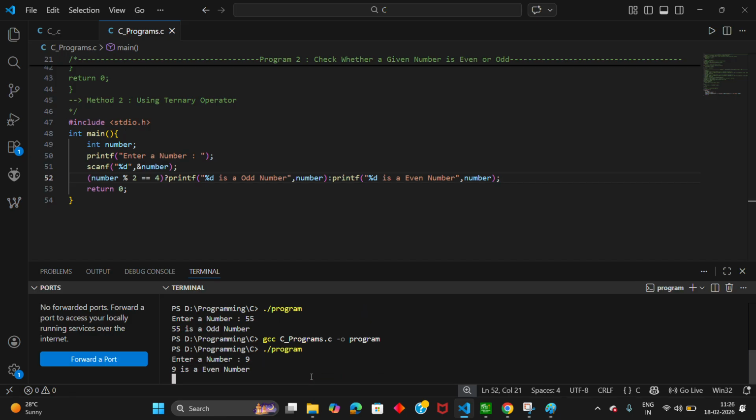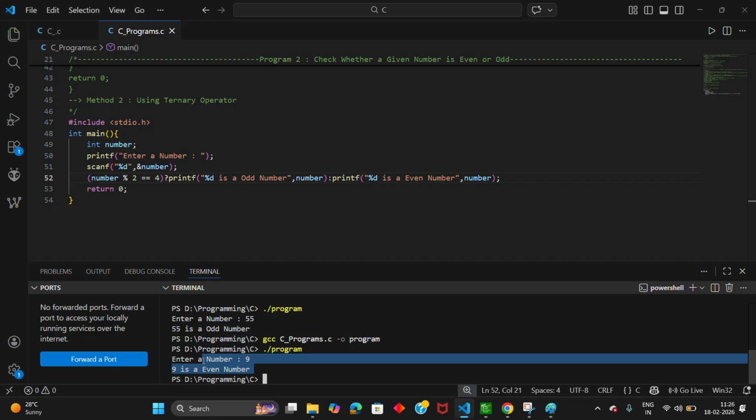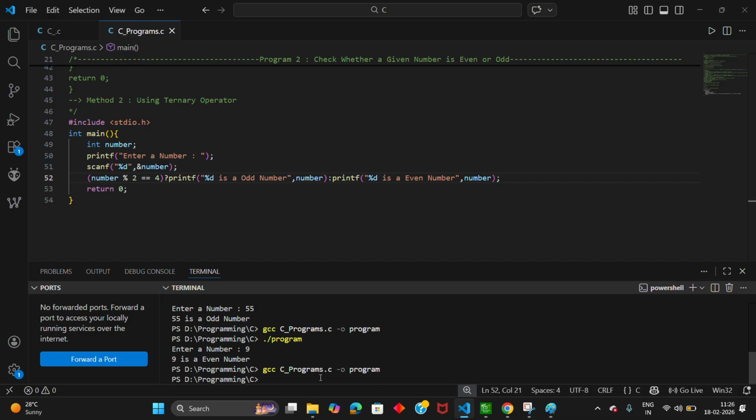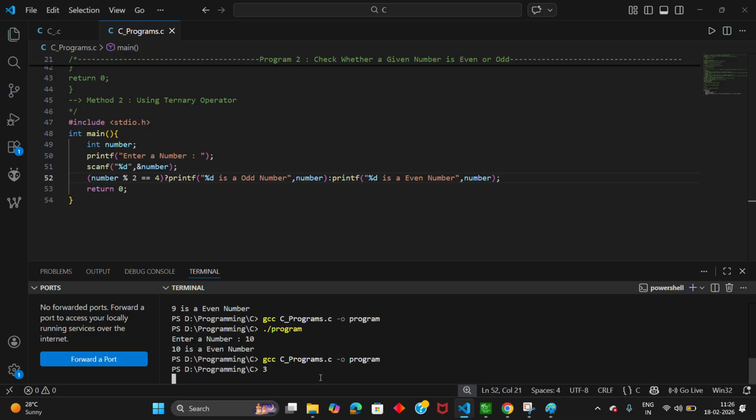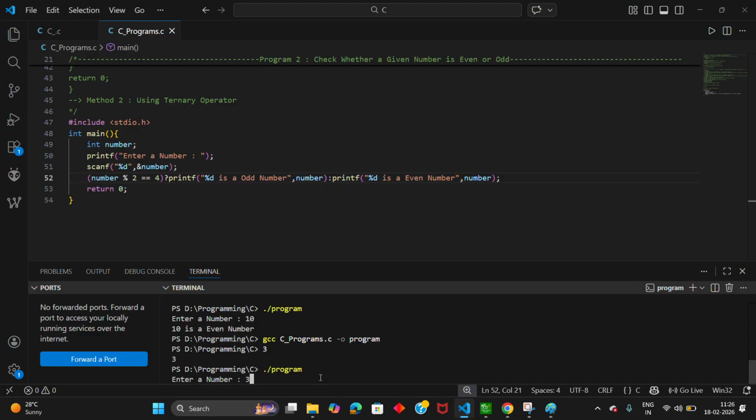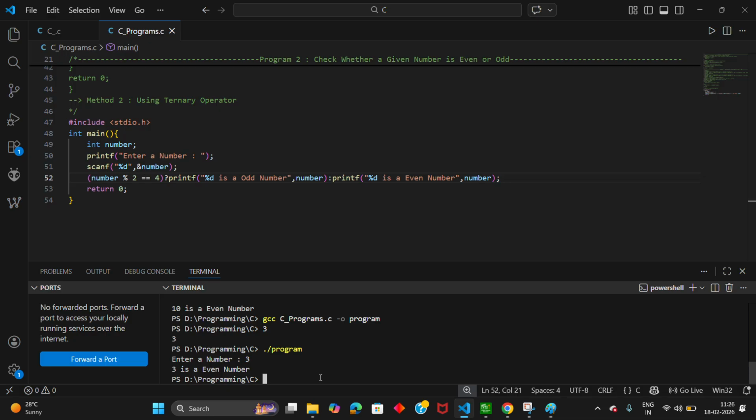We got "9 is an even number". It is behaving unexpectedly, right? So it is not the case. What is happening here, I understood it. I will explain this also. If I use the 10, 10 is an even number. Okay, if you use the 3, it will come as odd number. Sorry, 3 is also an even number. Okay, yeah, it is behaving unexpectedly. So you shouldn't use any other number except 1 and 0.